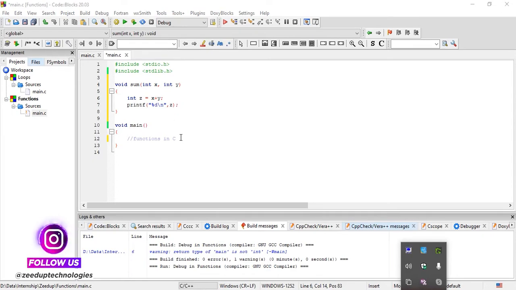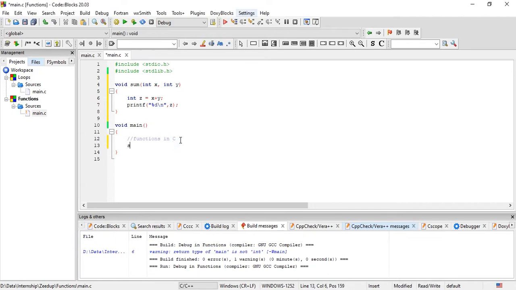Now we need to call this function. To call it, we need to provide sum, and in the parentheses we need to provide the values of x and y. As you can see, as soon as we wrote the parenthesis, we got this tooltip from the IDE itself that you can enter the value of x and the value of y.